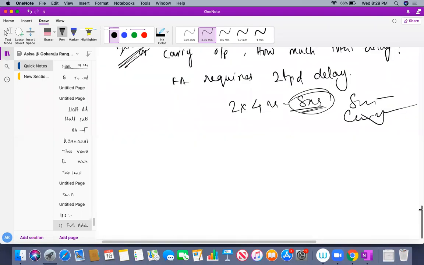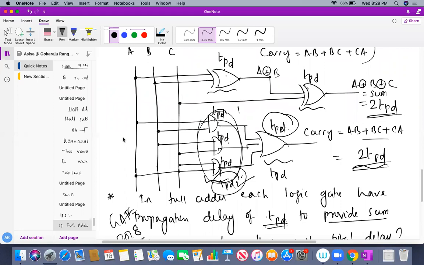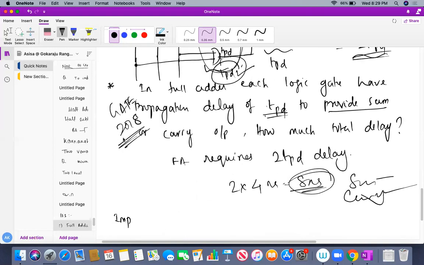Now see here what I am actually doing: I am going to implement my full adder. I have implemented my full adder like this using XOR, AND and so on. Now I can also implement the full adder using half adders. If I have half adders and one extra OR gate, then I can implement my full adder easily. Students, did you all understand? Very simple. If I have a half adder in my hand, then I can easily implement my full adder. So how? Please see here what I am doing.